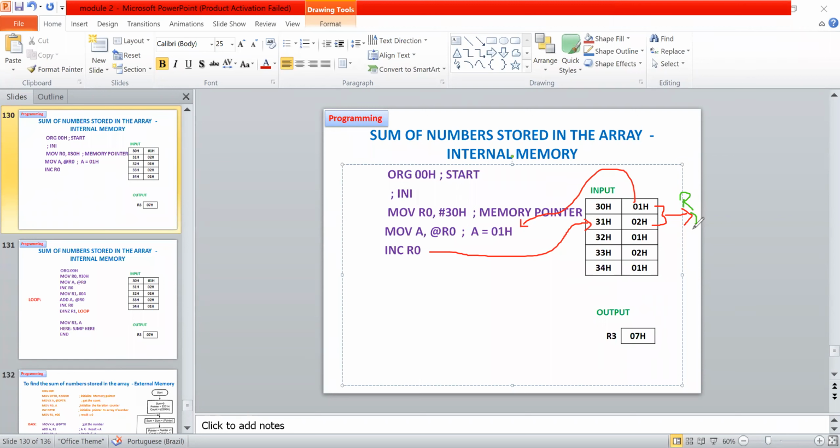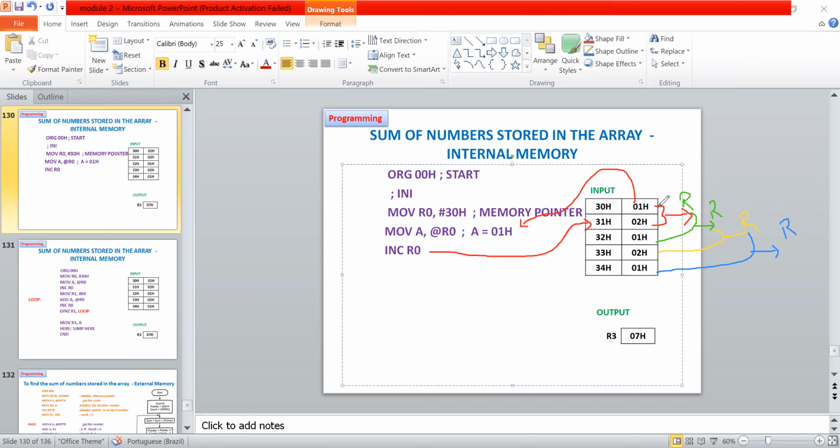With this result, we are going to add the third value, and here you are going to have another result. With this result, I'm going to add the next value, and finally, with the last result, I'm going to add another value. So this is what I want to do.